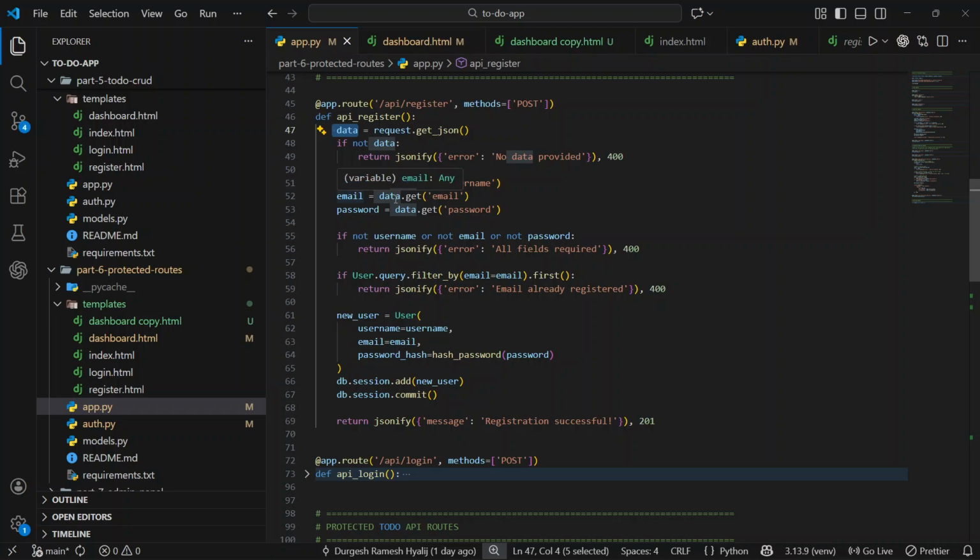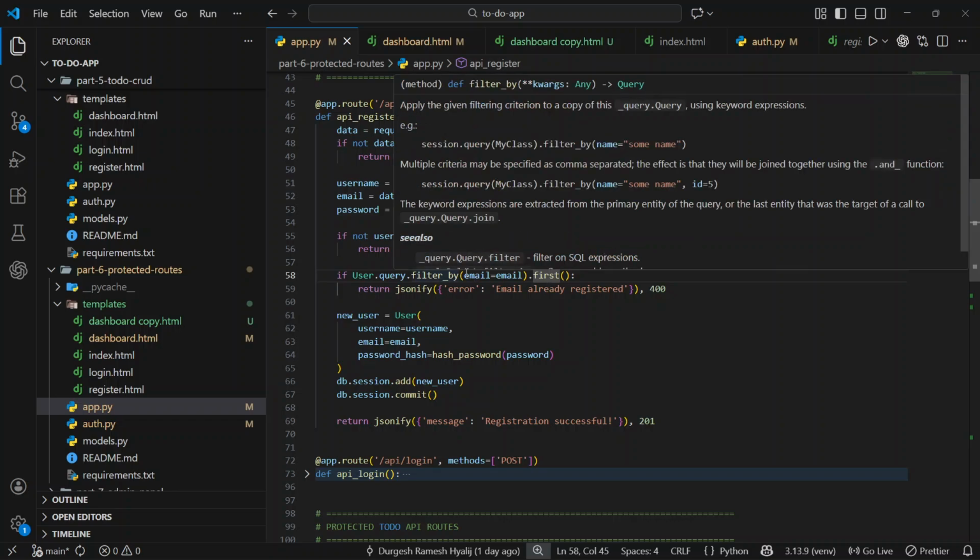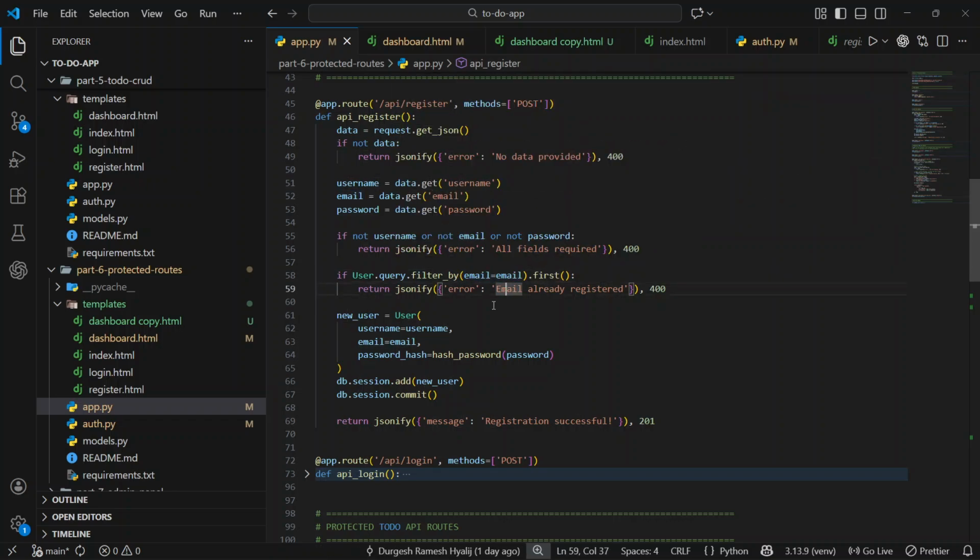So what we are doing is, again it will check whether any data is present. If not, then we have to print that no data is provided. Then username, email, and password are kept in the database, meaning we are taking them into Flask. If there is no username or no password, then "all fields required." Then User.query.filter_by, we filter by email, the first one, and then we print